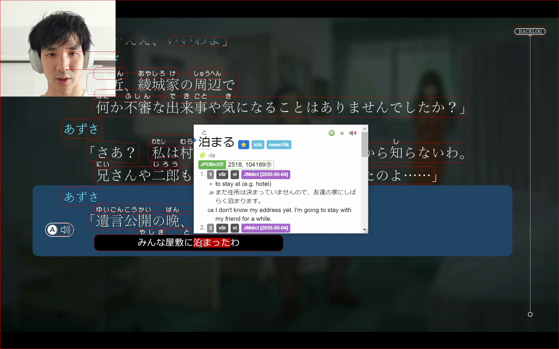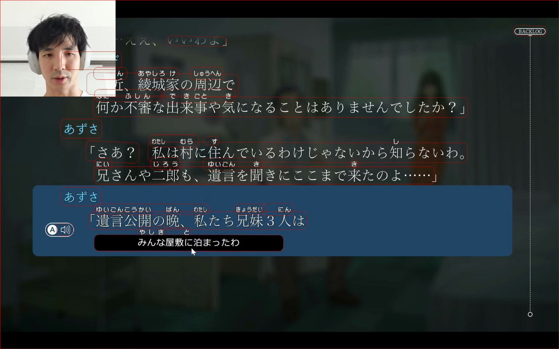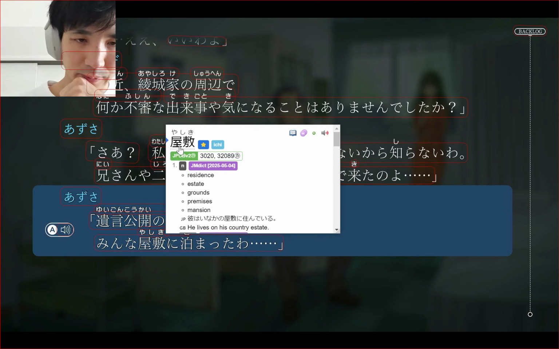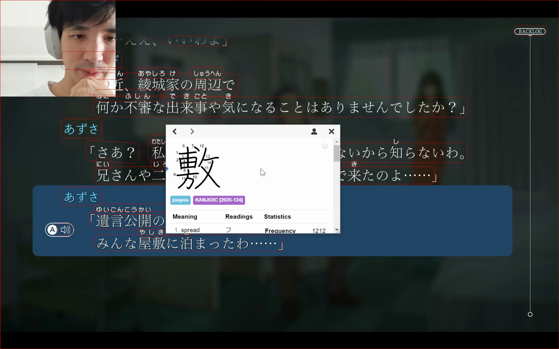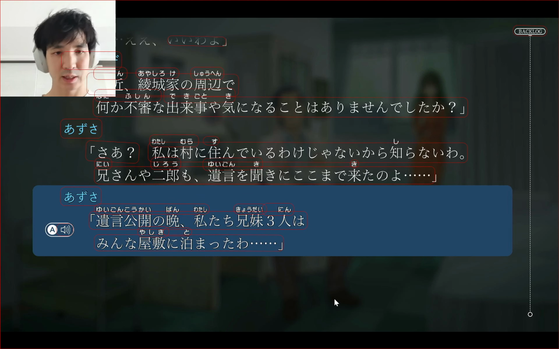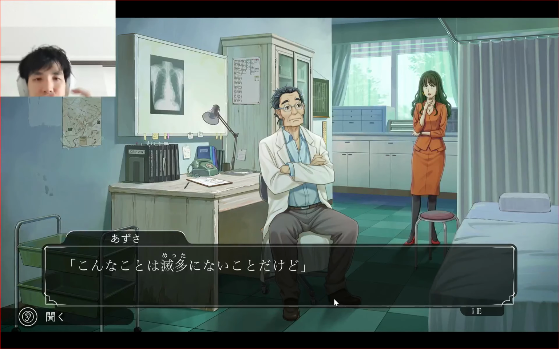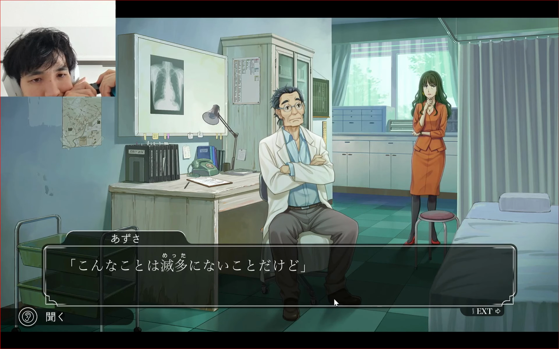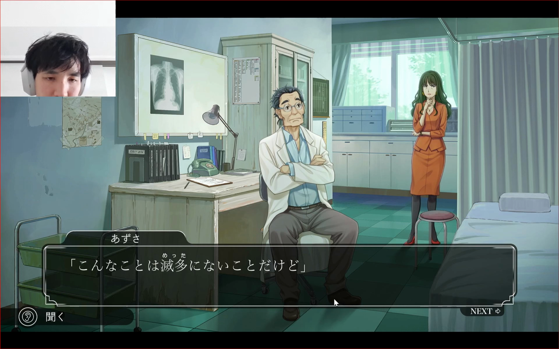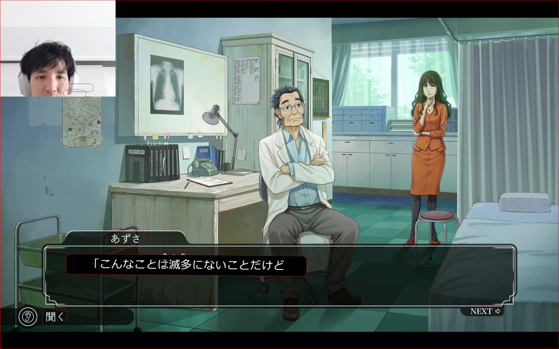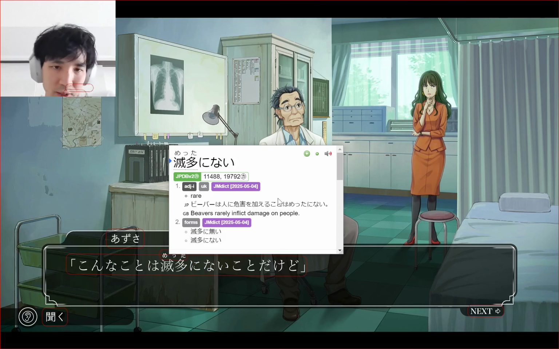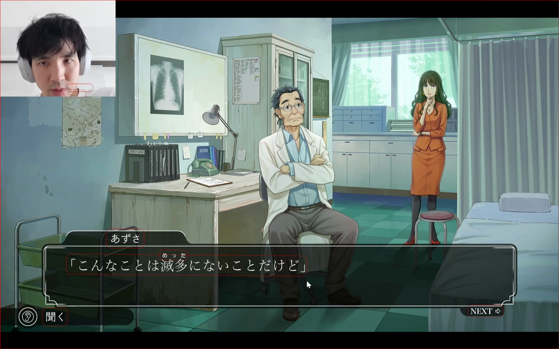Minna yashiki ni tomatta wa. Stayed at. めったにないことだけど。